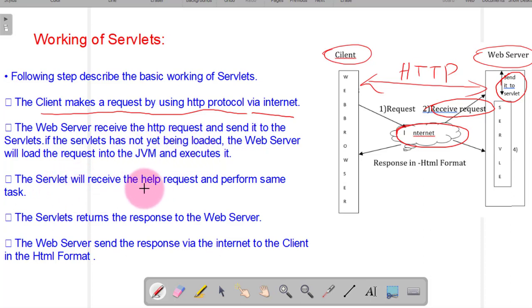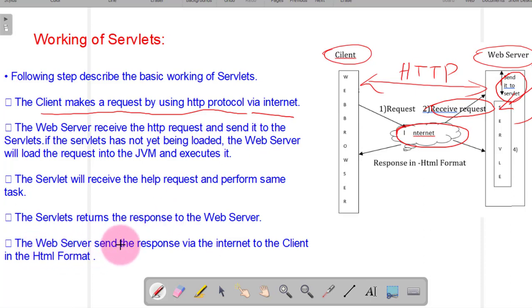The servlet will receive the HTTP request and perform some task. Whatever logic is written in the servlet, it will execute that logic, and the servlet returns the response to the web server. That means the web server sends the request to the servlet, the servlet processes it, and again returns the response back to the web server.